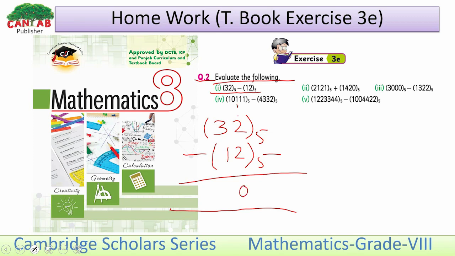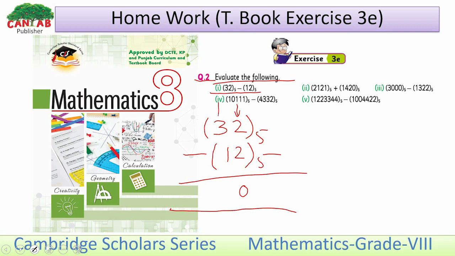We can subtract numbers in the first column easily. No need to borrow from the second column because 2 and 2 are equals and 2 minus 2, that is equal to 0, and 0 comes in the base 5 number system.